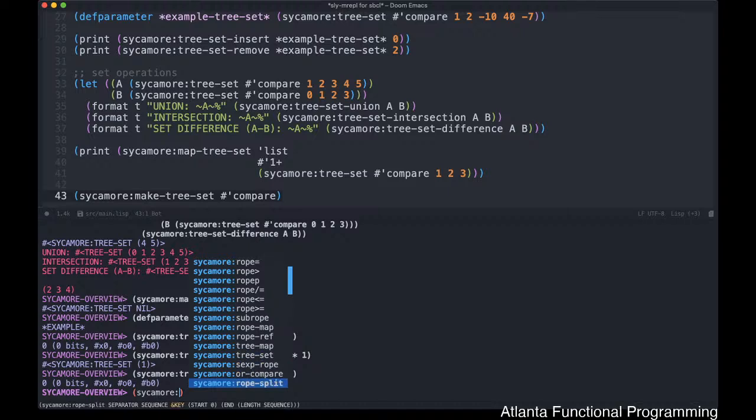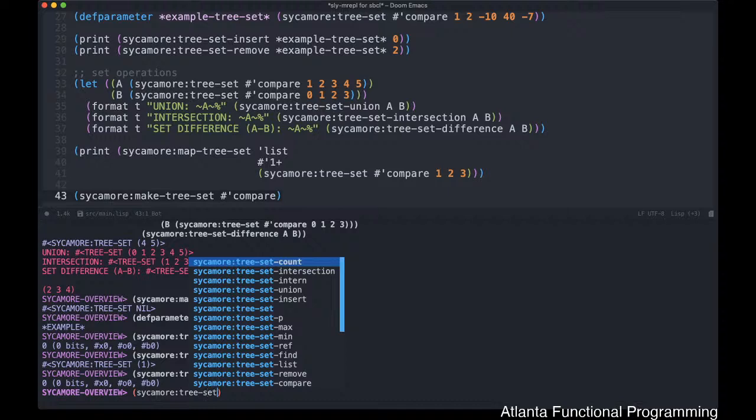In the case of tree set, you have max, min, reference, find, list, remove, compare. A lot of stuff that you would normally be aware of that's part of the core standard Common Lisp library, but he went ahead and made special versions of this so that he could add certain optimizations to it. So before you go and start writing your own versions of this inside of your use case, please go back and look at the API docs, particularly to see if there is a version of the particular operation